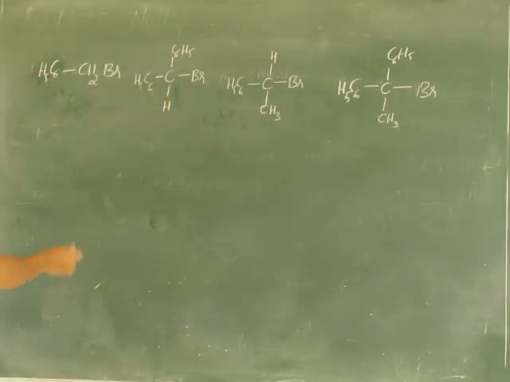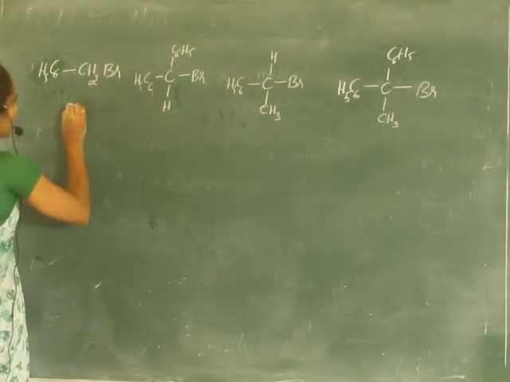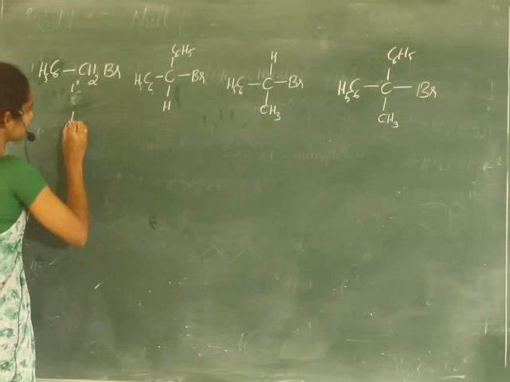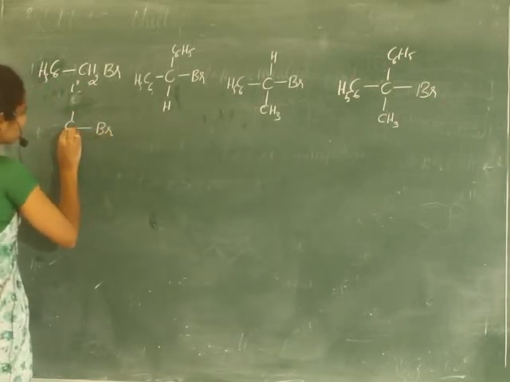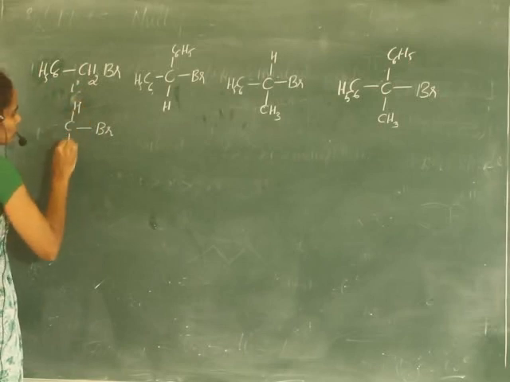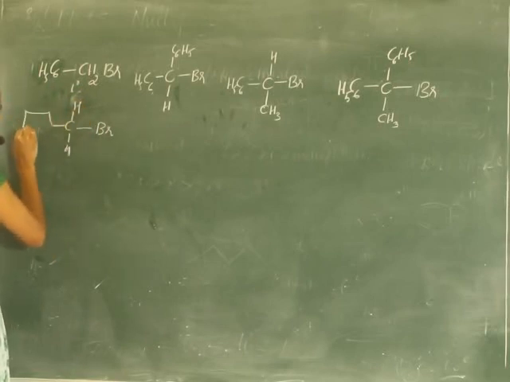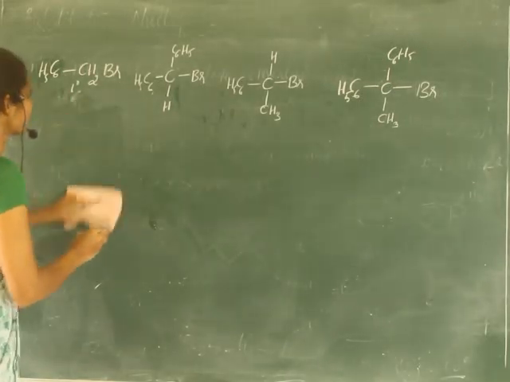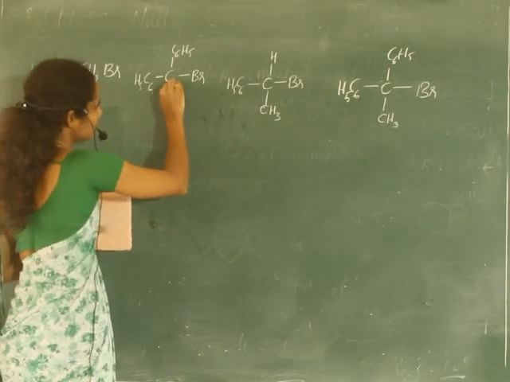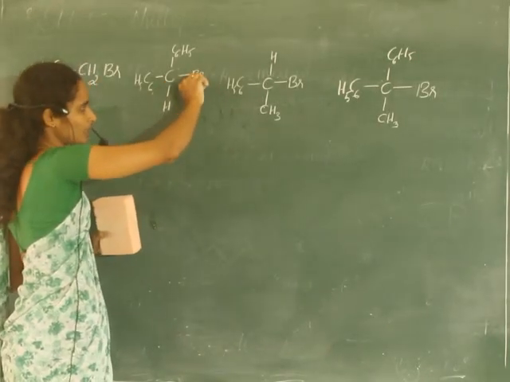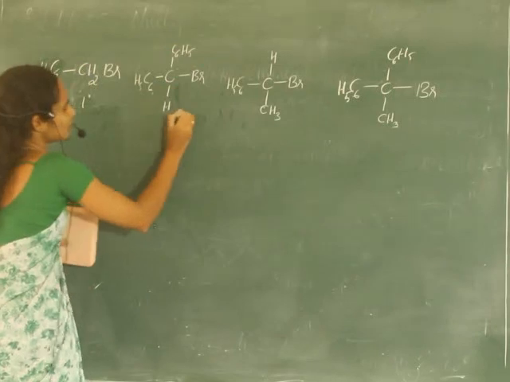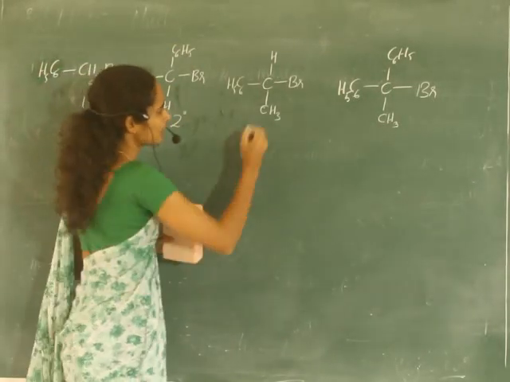Now, consider these compounds. First compound is primary. Why is it primary? Here the bromine atom is attached to the carbon atom containing two hydrogen atoms and one benzene ring, C6H5, right? So it is a primary. Second one, the carbon containing one halogen atom, that is bromine, and two more carbon atoms. Hence first one is primary, second one is secondary, and third one is again